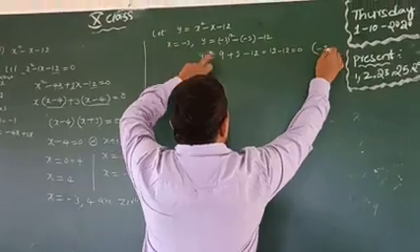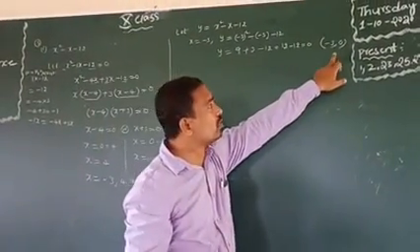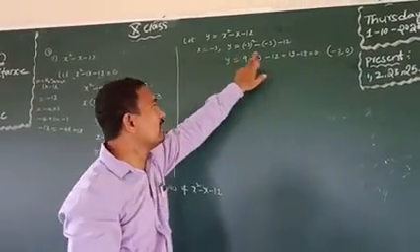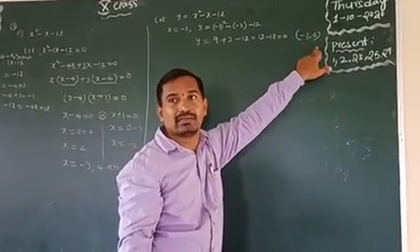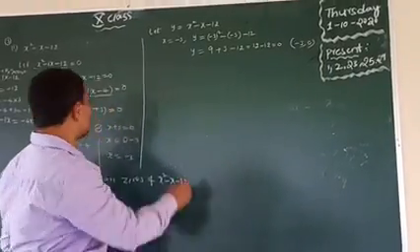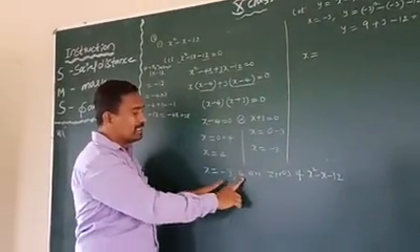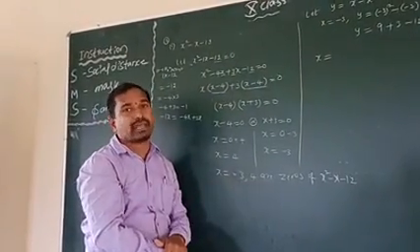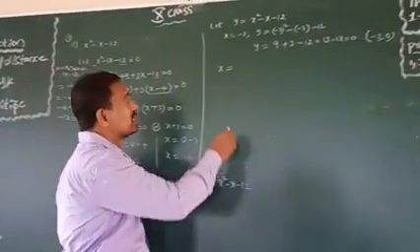-3, 0. Whenever you are writing points or coordinates, write the x value first, the y value next: x comma y. Coordinate is (x, y). Next, take x between these values -3 and 4. Between them, take any two values. So let us take -1 or 0. Let us take -1.